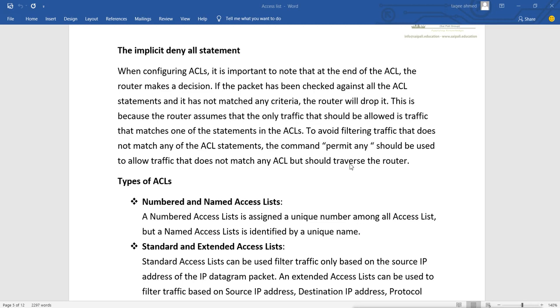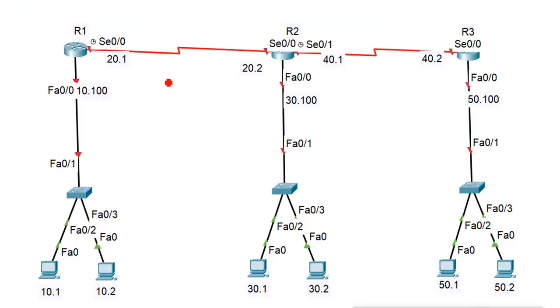Now remember one more important thing. Suppose this is the interface and I configure the ACL. Where will you configure the ACL? You will configure this on this router. So I created the list here in this router. Now I can apply the list on these two interfaces. These are the gates, this fast Ethernet and this serial interface. So these are the gates I have. Either inbound or outbound traffic is coming and going from here. So I can apply the list on these two interfaces, either on this or on this.